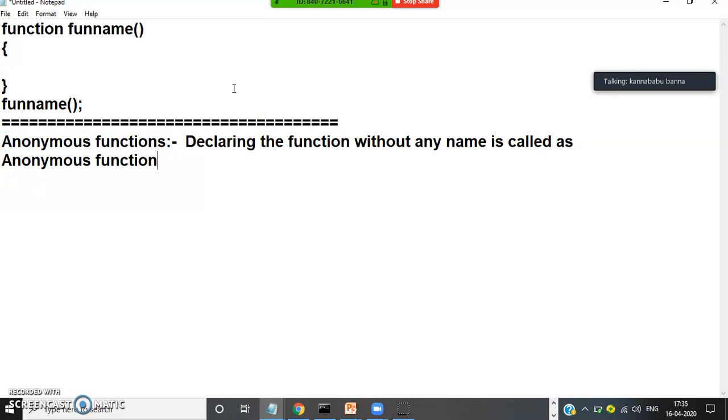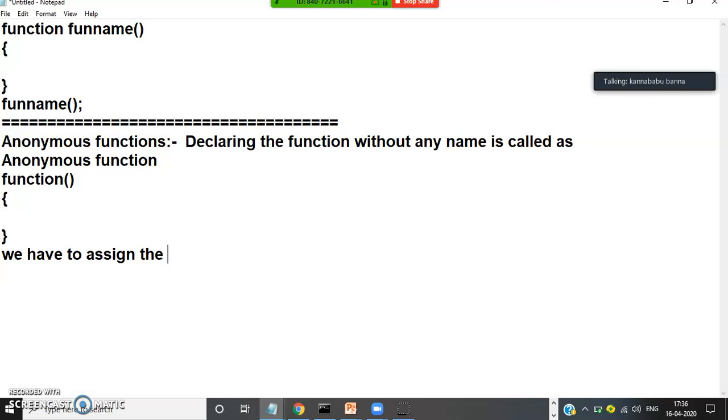Is it clear? So you don't have any function names in jQuery. Directly we'll declare a function without having any name. So here the syntax to declare a function is: function, bracket open, bracket close. That's it. Giving a name to the function is a named function. Anonymous function means declaring a function without having any name. Is it clear? Anonymous functions are simply used like normal variables only.